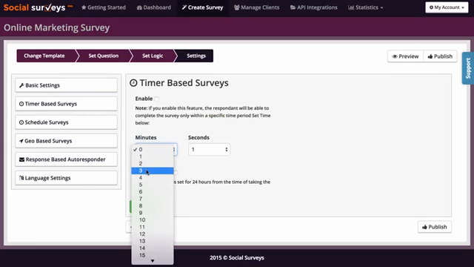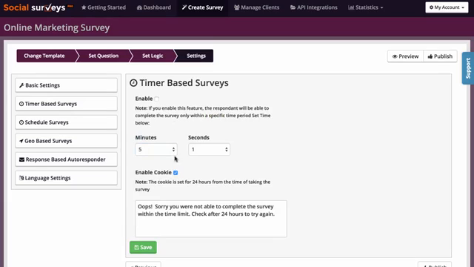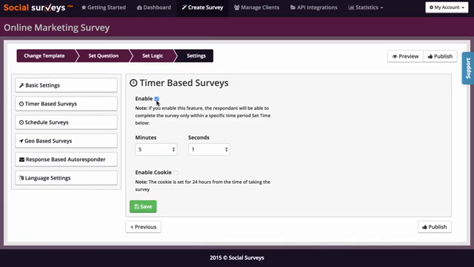You can give someone 5 minutes to set up or finish a survey, and you could have it within 24 hours that this happens. I would usually set this up to add scarcity if I was offering something of value at the end of my survey, if that makes sense, because I want to make sure that my users are finding this useful. In order to do that, I want to offer some sort of incentive at the end of it and give the person that's filling out the